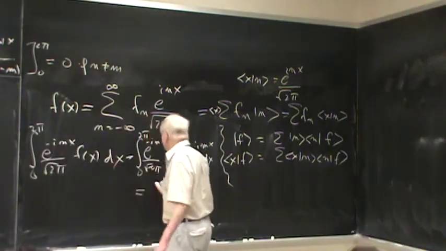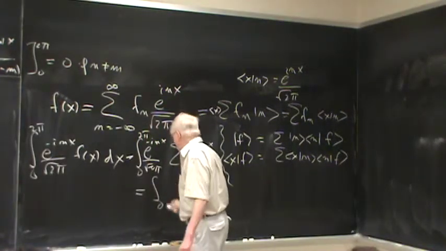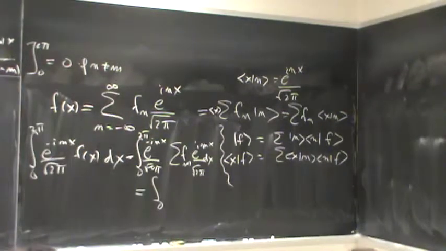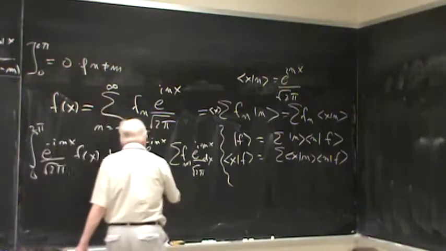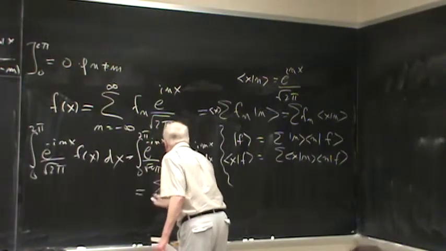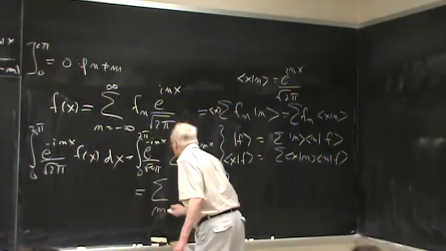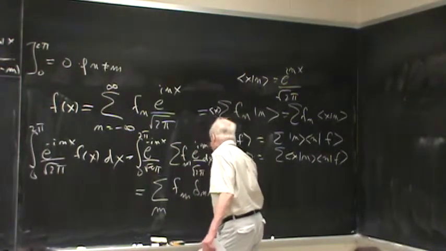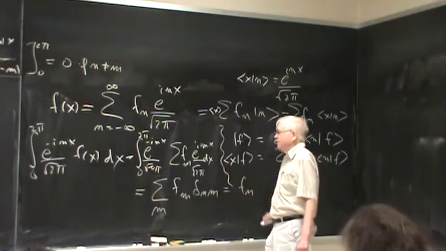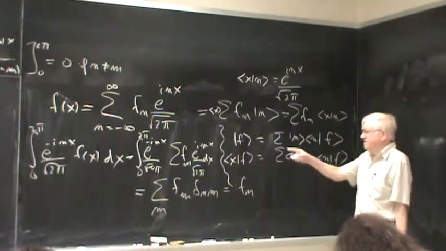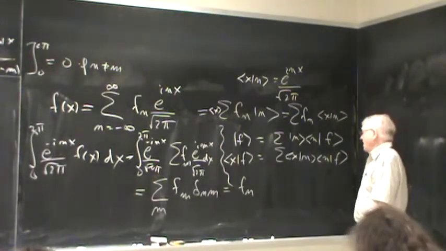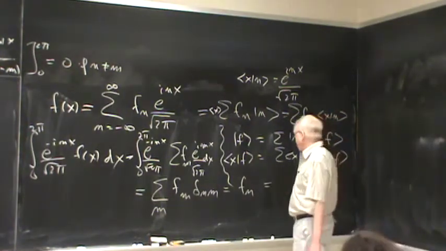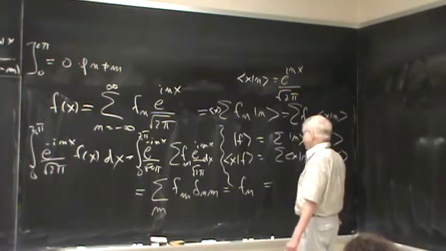And so this then is a sum on m of f sub m delta nm, which is f sub n. So in other words, f sub n is that integral. And looking at it now from the other point of view,